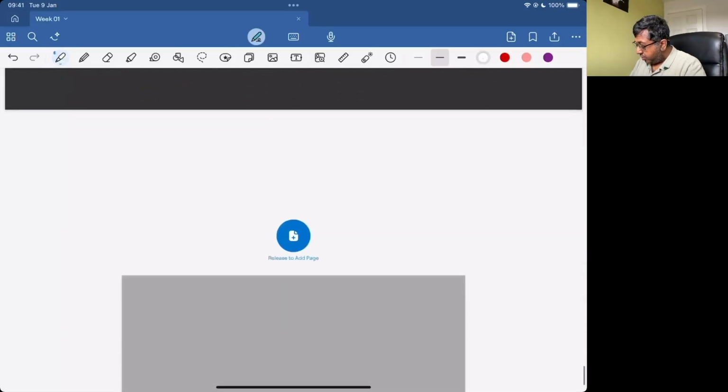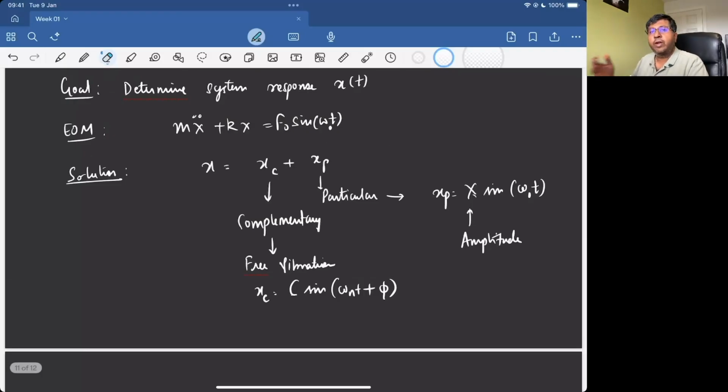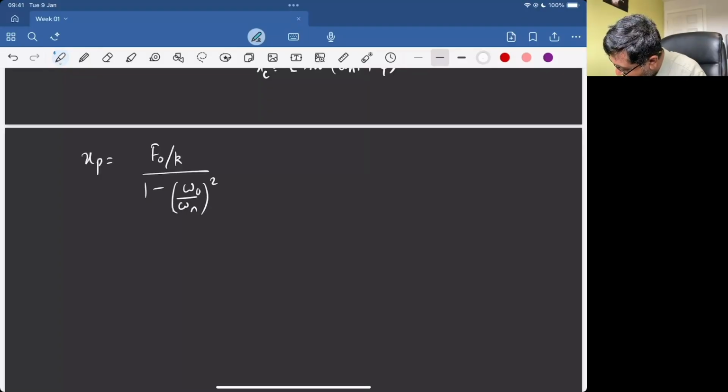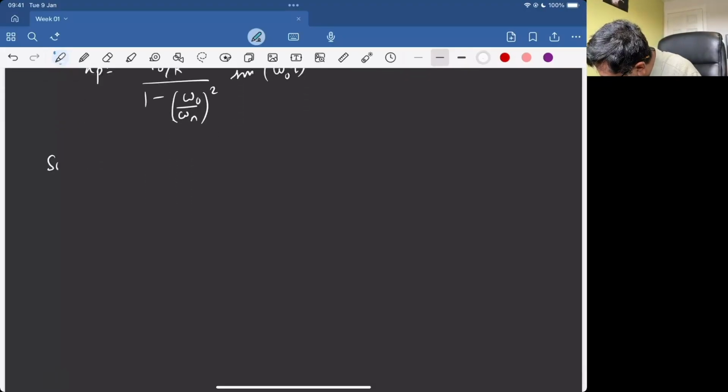And we defined our overall solution, so we can write that overall solution. For example, we also said that if you substitute this and we are able to get x there, we could write our xp finally as f0 divided by k, 1 minus omega naught by omega n whole square, sine of omega naught into t, which means our total system response became